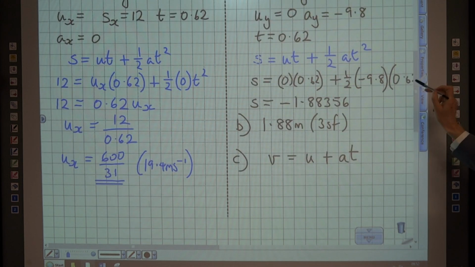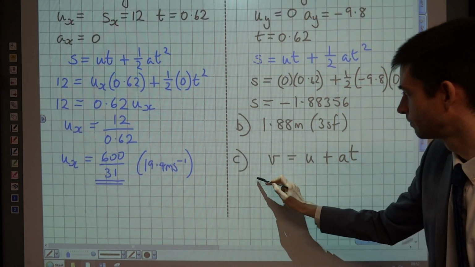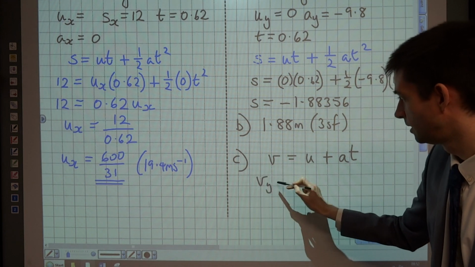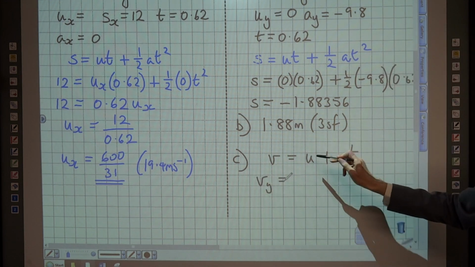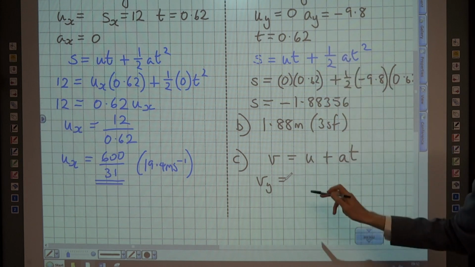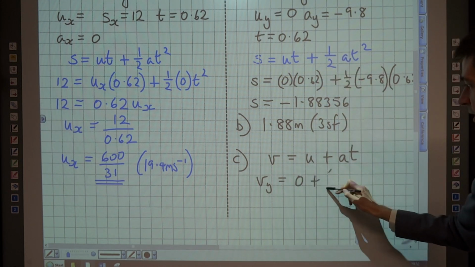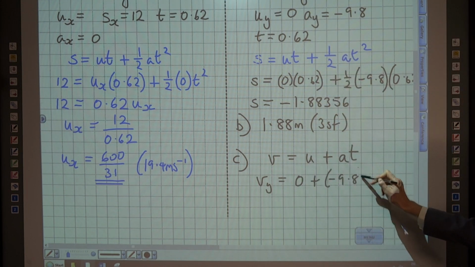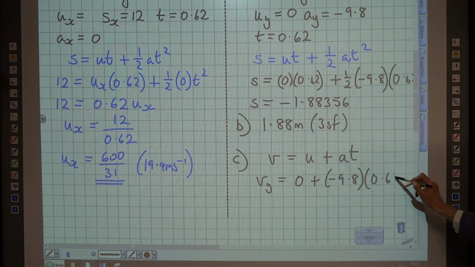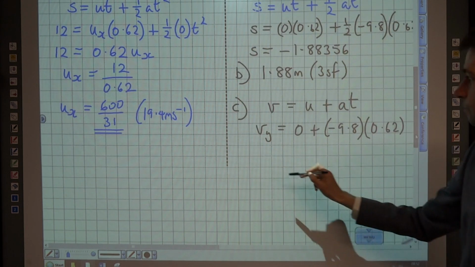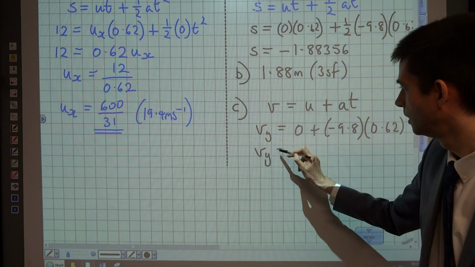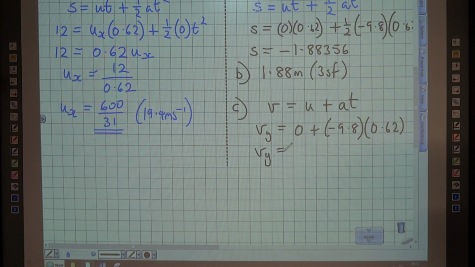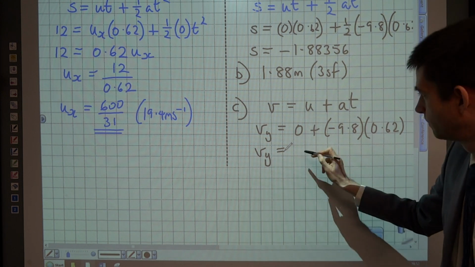Referring back to my vertical information, velocity Y is what I'm trying to find. My initial velocity vertically was 0. My acceleration was negative 9.8 because it's due to gravity, and T is 0.62. So therefore, my vertical component of velocity is negative